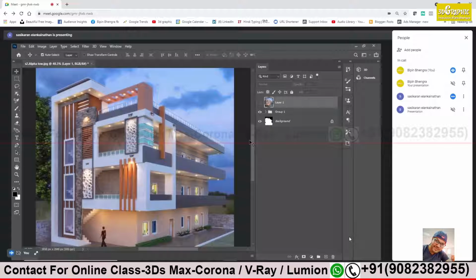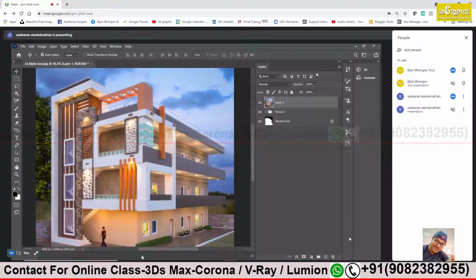And again, texture is more highlighted. The bright area is more highlighted. The dark area is getting more proper dark shades. Now turn on the eye icon, the effect result what we got. Now see here, the first thing you will notice is the warmth, the light surrounding that. You see the yellow tint is there, giving more warm color, and the bright areas are brighter, and dark areas are getting proper shadow. So this is a great help for 3D artists like us, so we can give a very nice, interesting result to our render passes.